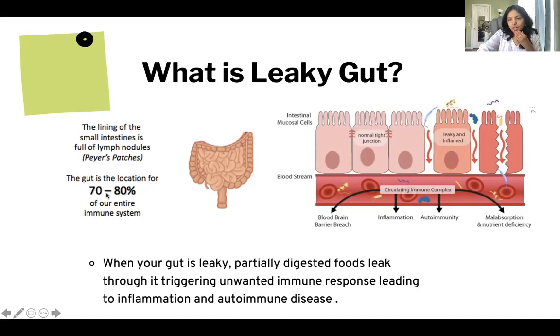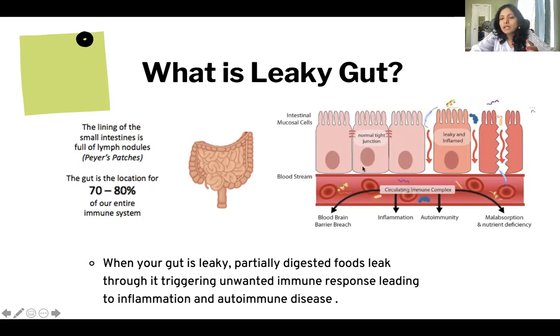This was the aha moment for me when I realized that the gut is the location for 80% of your immune system, and it is basically covering the gut. It's the lining. So then it made a lot of sense to me that what I eat matters in terms of my flares. So here, this is a more microscopic detail,